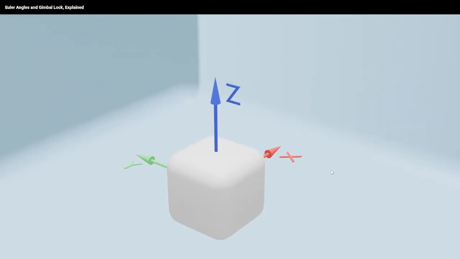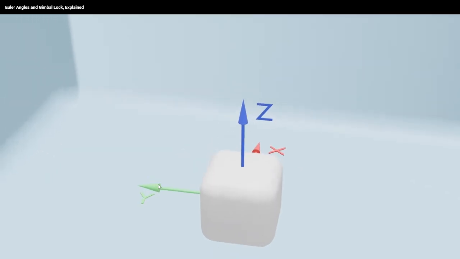Ever wondered how we describe the orientation of an object? So this is basically a cube, and then we are defining the orientation of this, and then you get a sense of Euler angles here. How do you rotate about each of these axes, and then the angles are defined. But what happens if one of the angles, how do you lose one rotation when both the rotation axes coincide? So that is what we are going to see in this video. Please watch carefully.